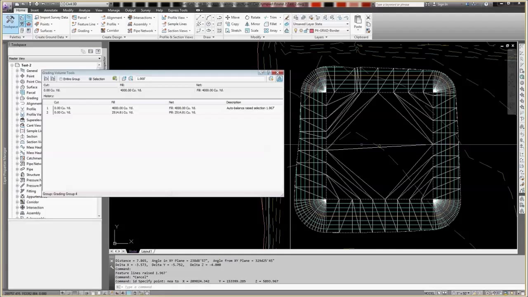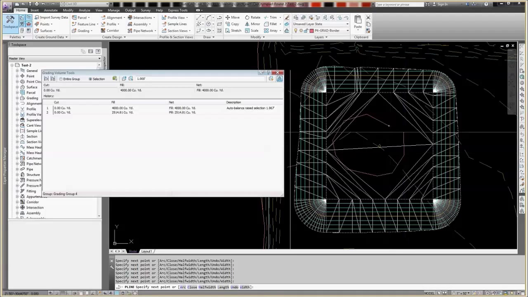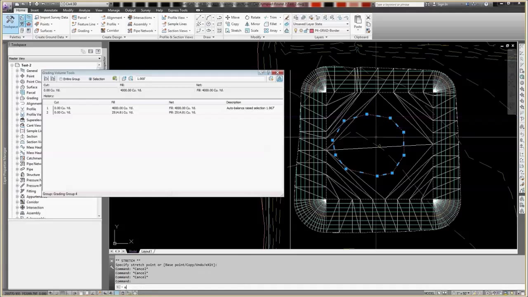When you do stuff like that, if this was a pond, imagine it inverted from what it is. Just create a simple shape polyline inside of there and make that your grading object and grade it out perfectly flat, representing your water surface, and that would grade out until it hits a pond surface. So you get creative with that automatic raise lower, and you can do some really slick stuff with it. If you're doing site grading,